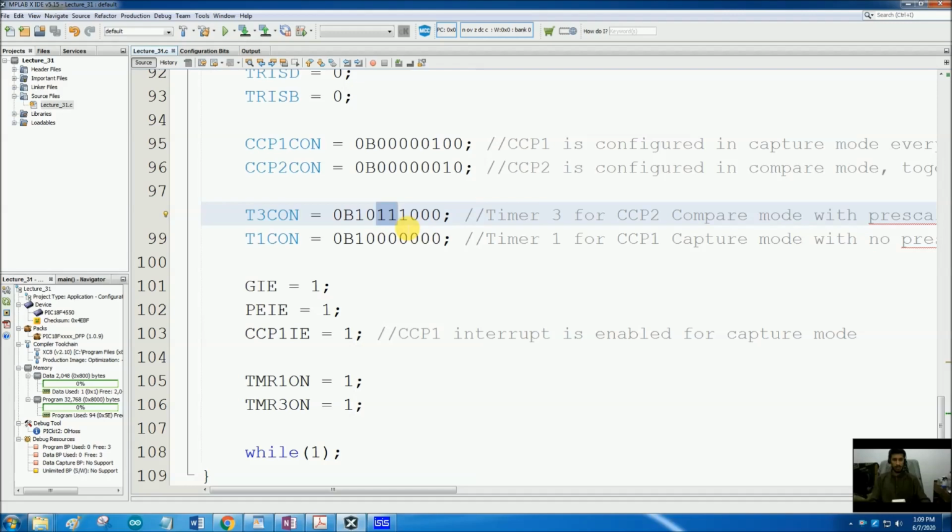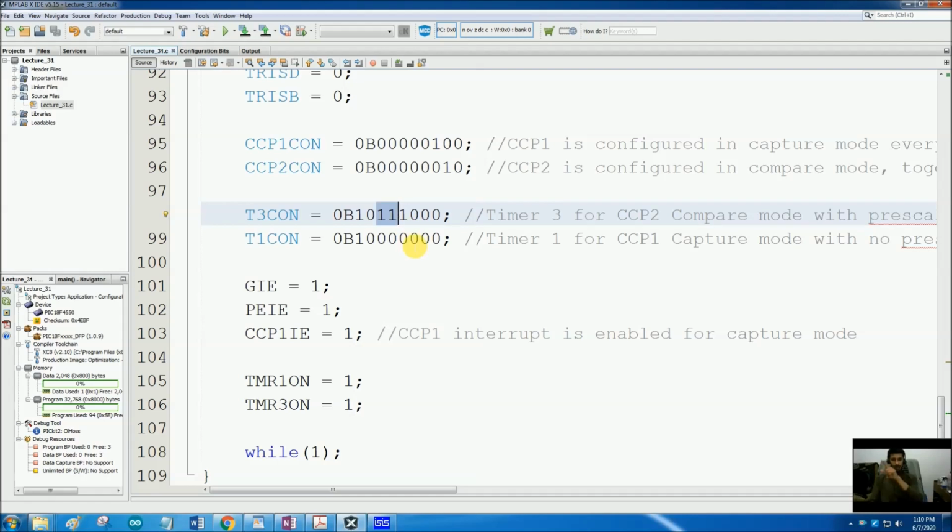We have not loaded or preloaded it with any other value, so the timer will start from 0 and will go all the way up from 0 to 65535. So we will have 65536 counts in total. And this makes the total time period of my waveform, the desired time period, 0.524288 seconds. This means that after every approximately half a second, my pin will be toggling and my waveform will be changing the state.